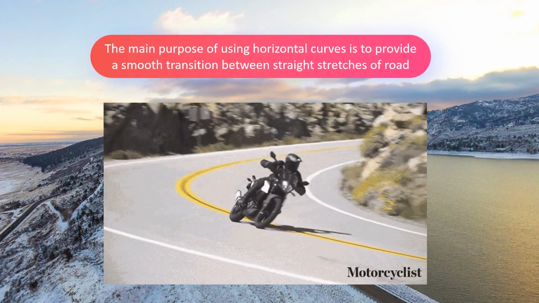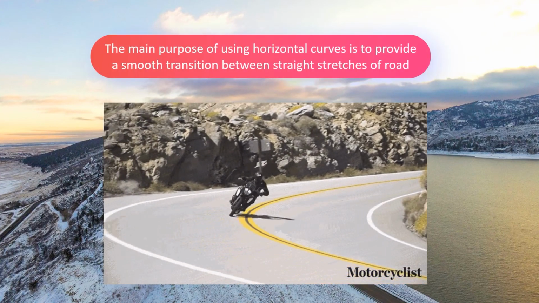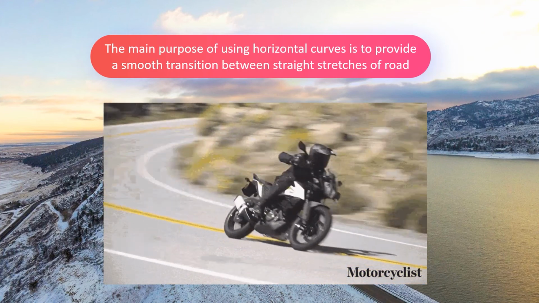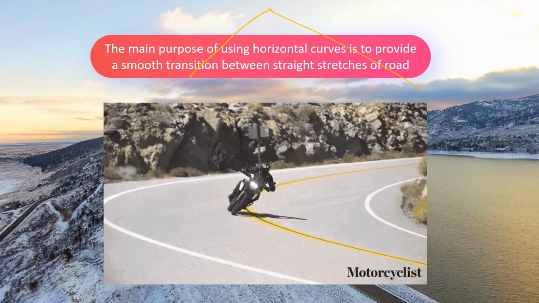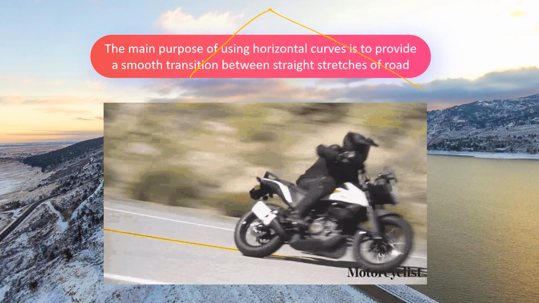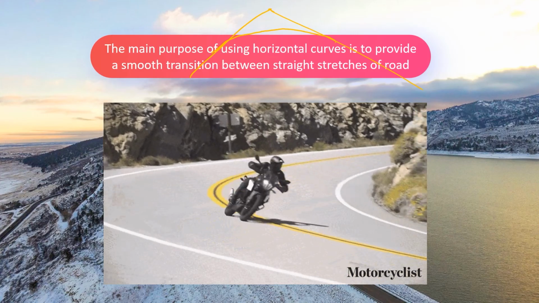So the purpose of this horizontal curve is to provide a smooth transition between the straight stretches of road. Okay. So if we have this straight roads and there is a change in direction, so we use these curves so that the transition is very smooth. Okay,